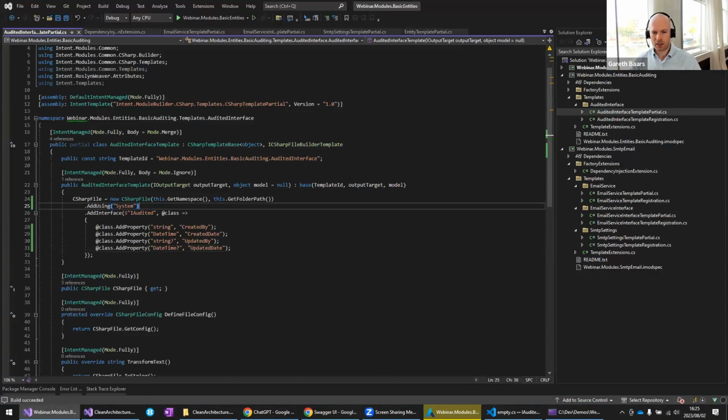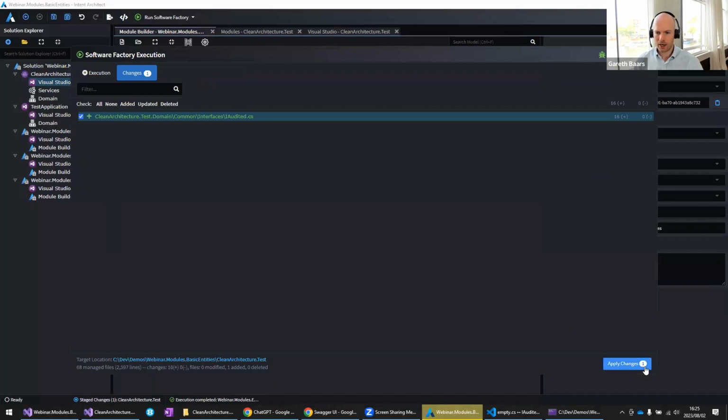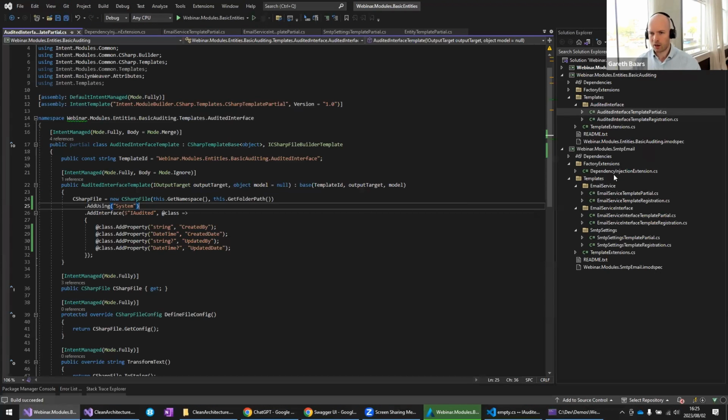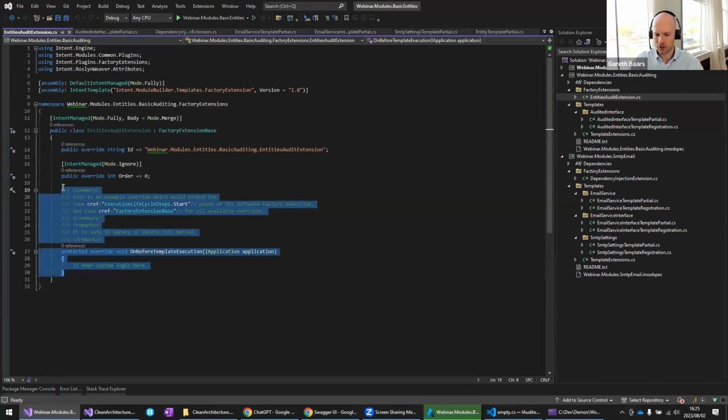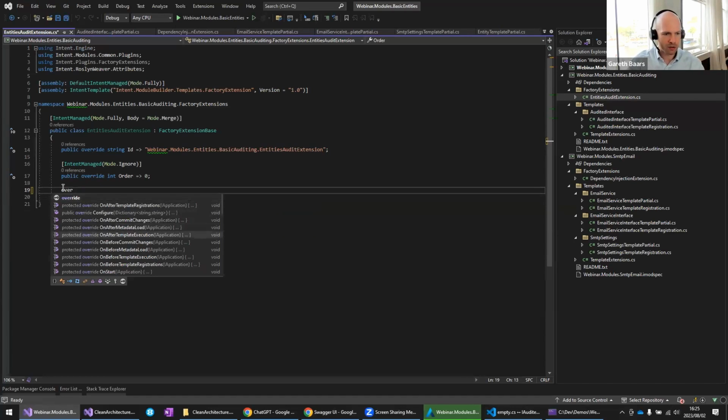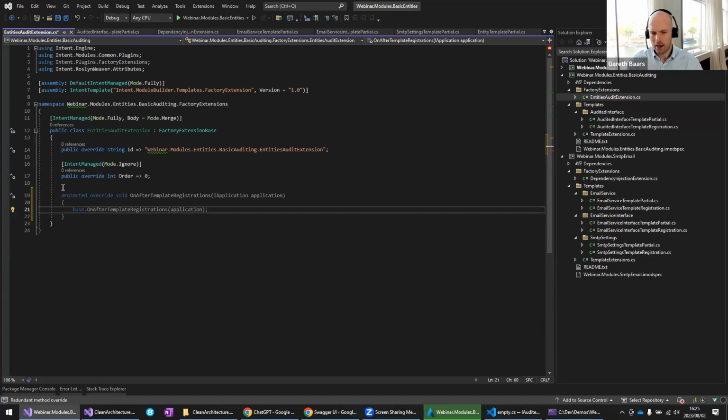Okay, so we've got our IAudited interface. We can go ahead and apply that. And let's say we want to apply this to our entities. We can just go into that factory extension. And now what we're going to do is, well, I'm just going to do it in the same location. So let's just go to override. I want to do this after template registration. There we go. And I'm going to get my templates out, which will be